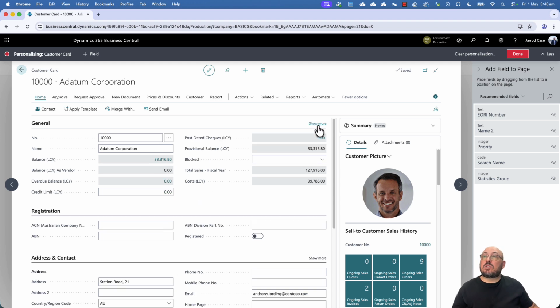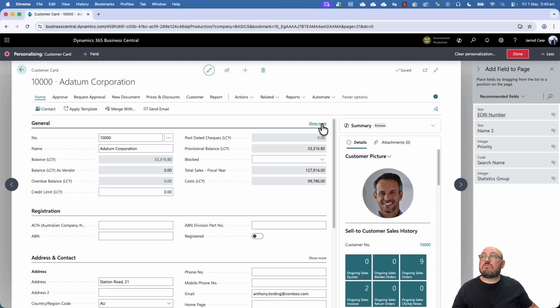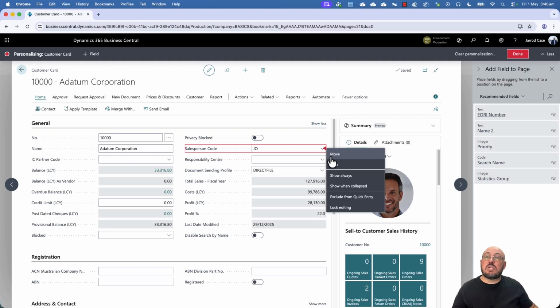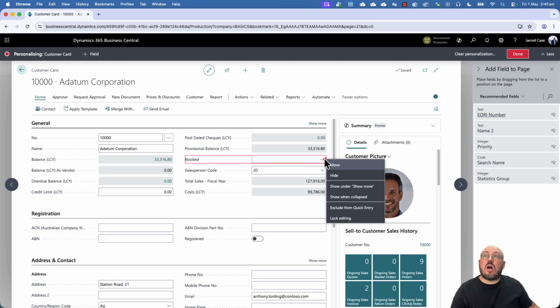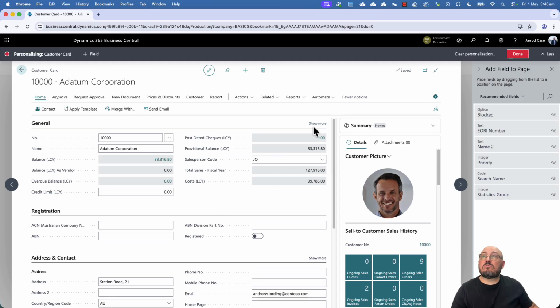I'm currently in show more or show less, so I'm in more right now. And there's a certain field here that I want to expose, which is the salesperson. I can click on the salesperson and say show always. And so now when I say show less, the salesperson code is now showing, and it gives me the ability to toggle. I may want to hide the blocked, and as soon as I hide it, it's gone from show